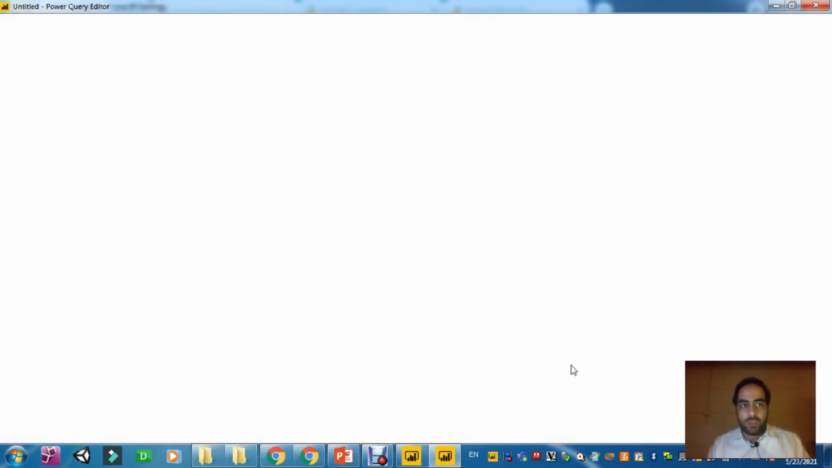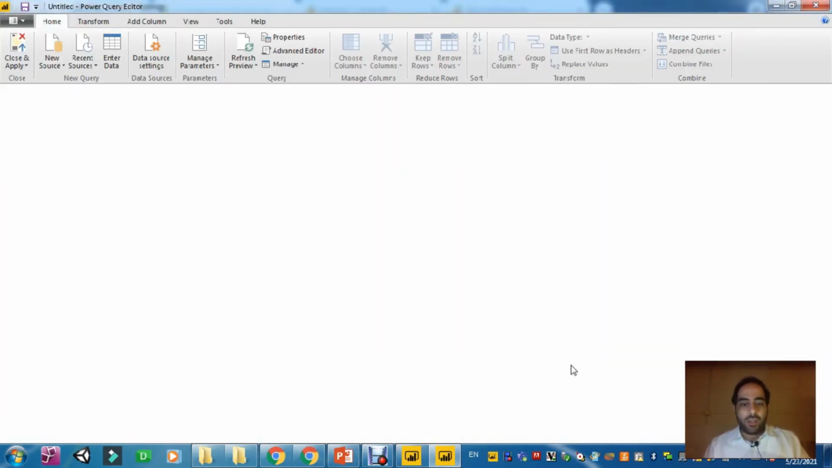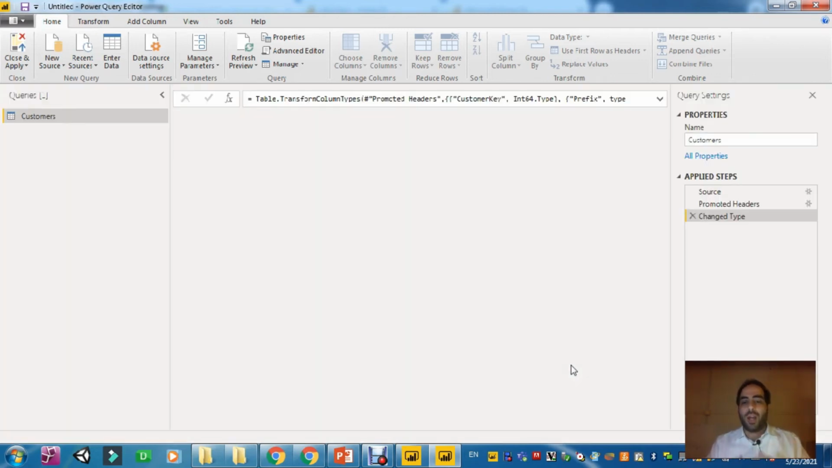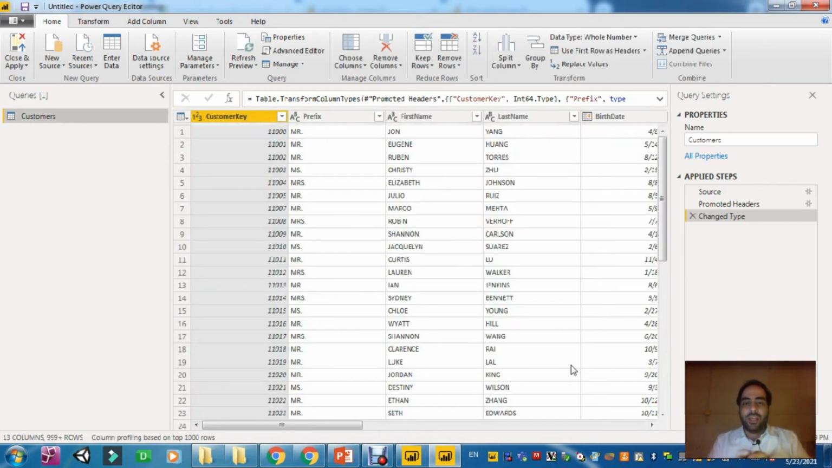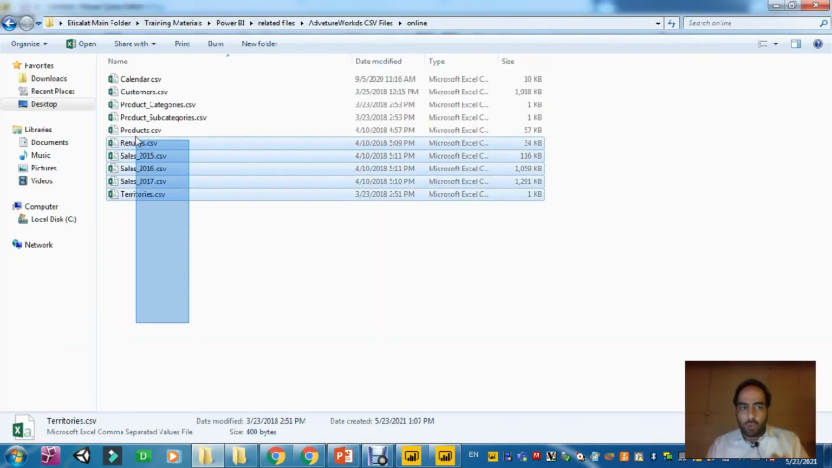The moment we click on Transform, we are in the Query Editor. Query Editor is a transformation section within Power BI Desktop. So now we are inside the Query Editor, and if we want, we will be able to do data transformation. This is our table, this is our query, and from here we can do some data transformation. But before that, make sure that you have imported all the files